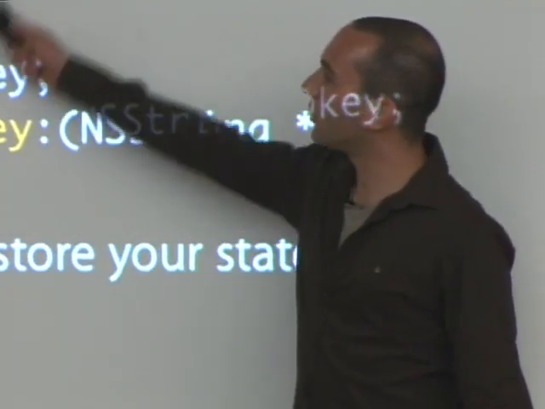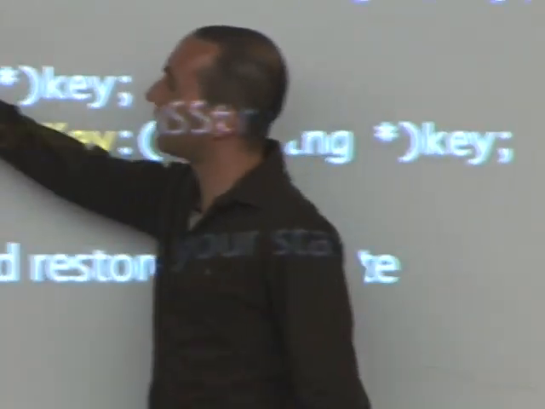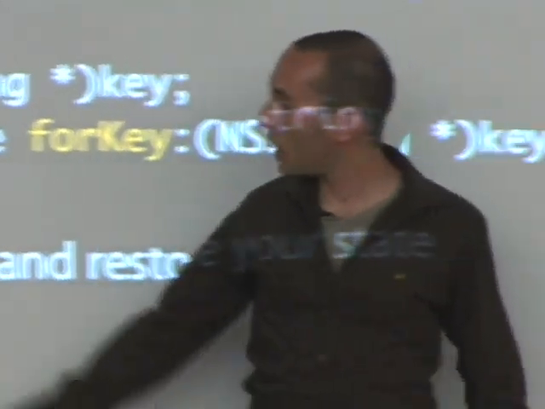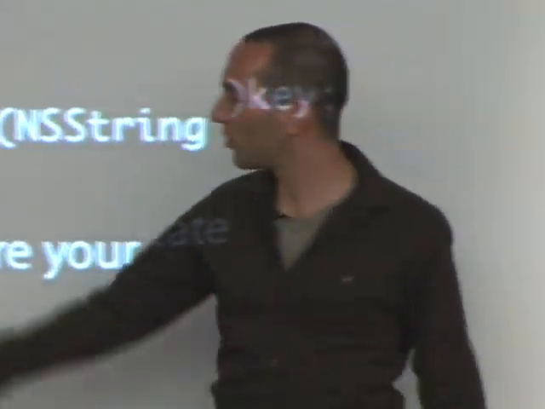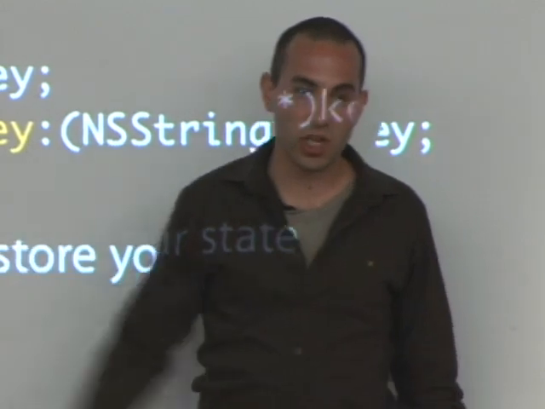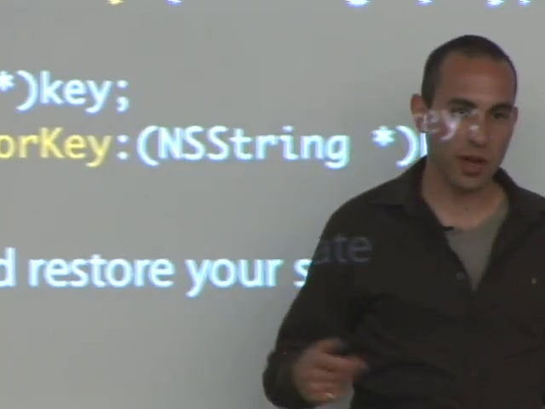So I'm having trouble seeing. You say the first one's right, but what's the difference with the second one? Right. So my error here is, this is integer for key, so it obviously takes an integer and it returns an integer. In the object case, it's not supposed to take an integer. It's supposed to take an object. And it takes an ID instead of an NSObject, but that's what it takes.